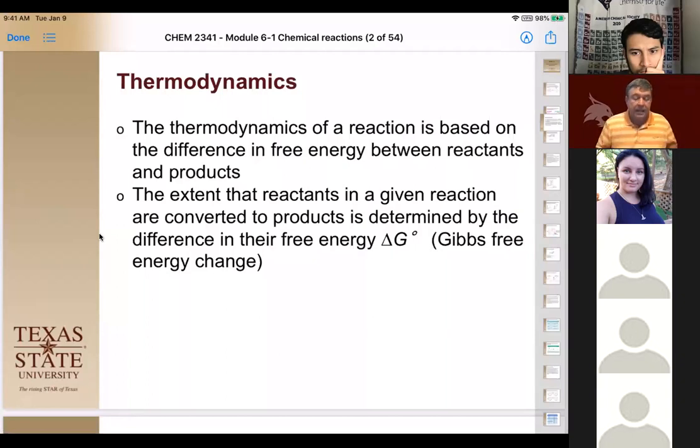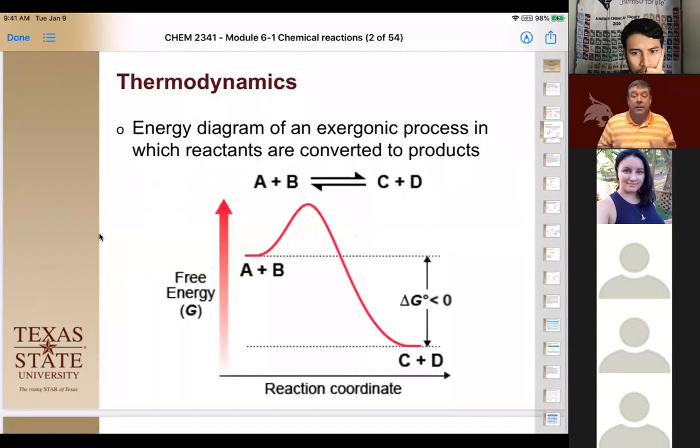So in the case of an exothermic reaction, we actually can have, I'm sorry, not an exothermic. Here, we've changed the energy diagram. And instead of being potential energy, we're looking at the free energy of the system, okay? When we're talking about the Gibbs free energy, we're not talking about heat. So when we saw the previous diagrams, we were talking about the heat released was exothermic, right? In this case, we're talking about the free energy, and the free energy is associated with